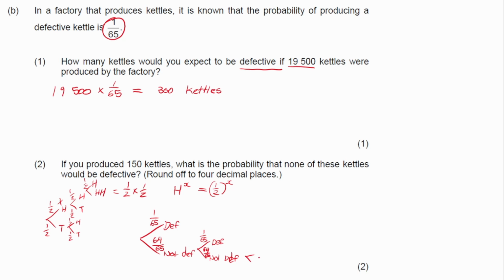And you see you would have to go down this tree 150 times. Or what we could do is you could just say 64 over 65 times each other 150 times, which will give us, to 4 decimal places,